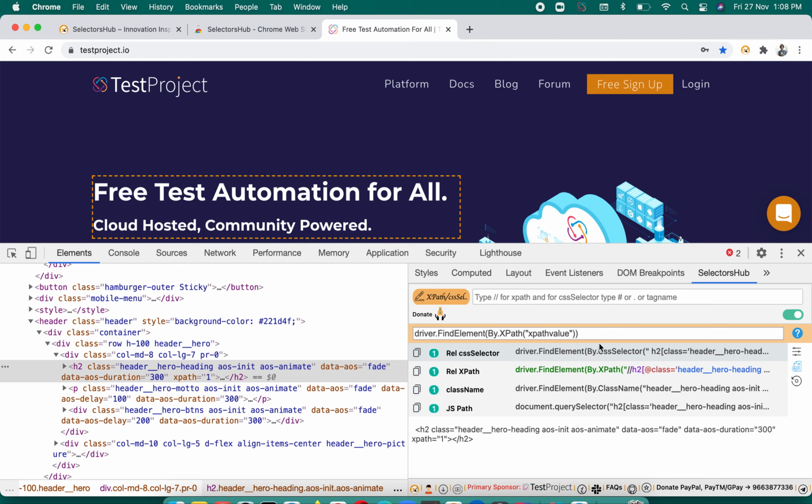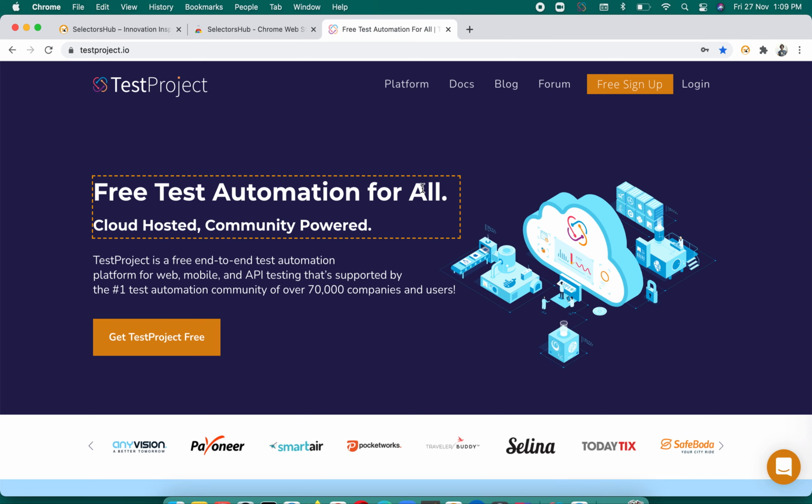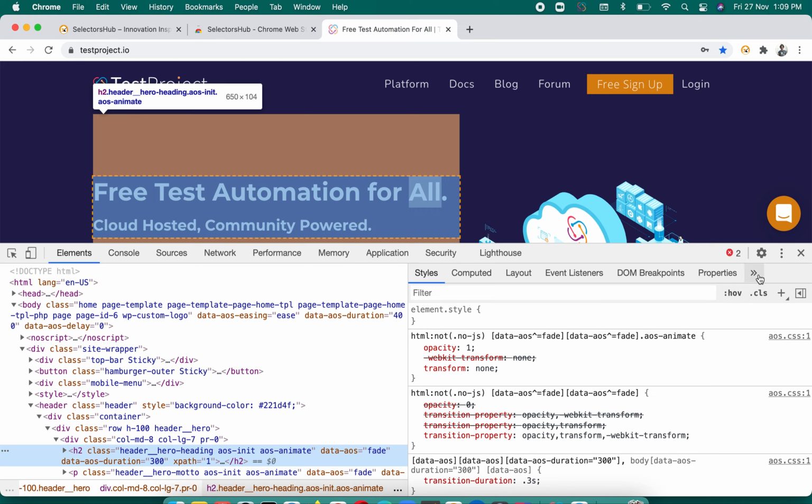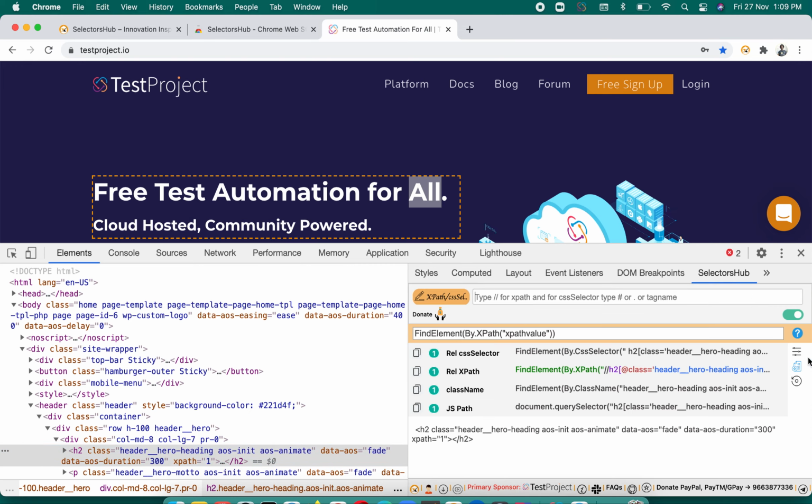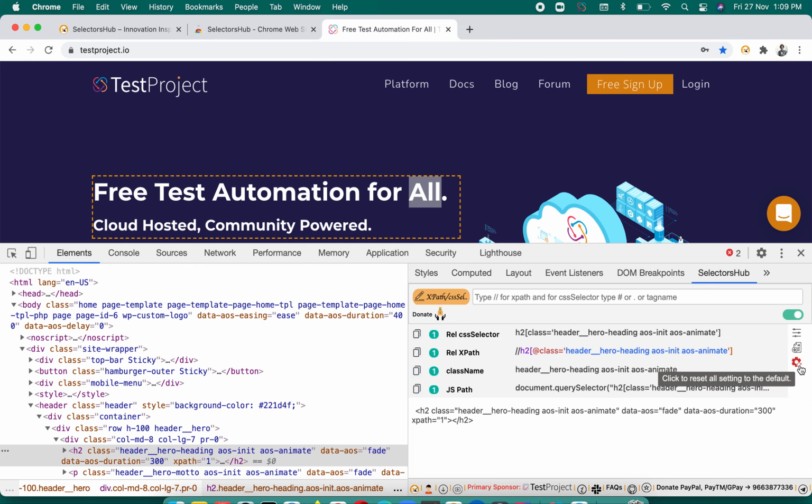And this command is not going to change. It could be anything, because many people write their own wrappers, so the command could be anything. You just have to replace xpath with the xpath value keyword. You see that this command is updated now, and it will be saved locally. So don't worry that next time when you open SelectorSub, you will have to set the command again. No, it will be there. If you want to turn it off, you can turn it off. And this is just one feature I have shown you.